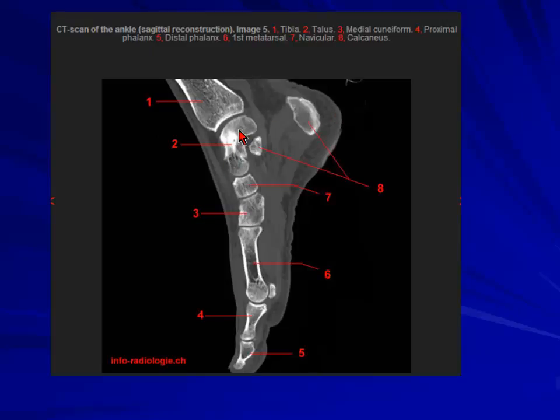So as I told you, if you go along this, this is the talus articulating with the navicular, articulating with the medial cuneiform. So this is the medial side, and you see the heel there. So that's the part of the calcaneum, proximal and distal part, and this is the sesamoid. So if you look at the sesamoid here,